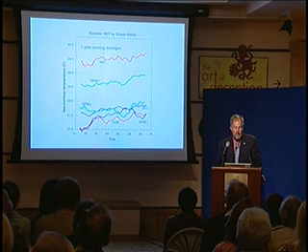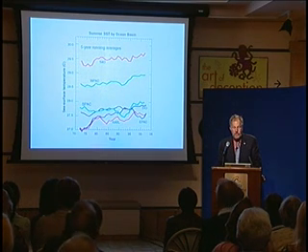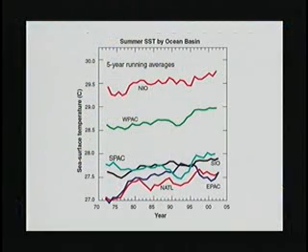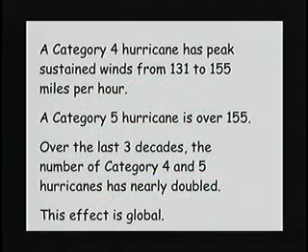The temperatures on the left are in Celsius degrees, so when you see an increase of about half a degree Celsius, which is typical, as I just said, over almost all the ocean basins, that's about a degree Fahrenheit, and that's significant from the point of view of hurricane intensity. I'll remind you of the difference between the two strongest categories of hurricanes. Category 4, it's an arbitrary scale, has peaks between 131 and 155. These are sustained winds, that is not just a gust. And a Category 5 is over 155.